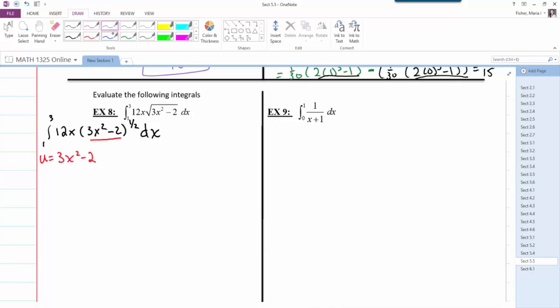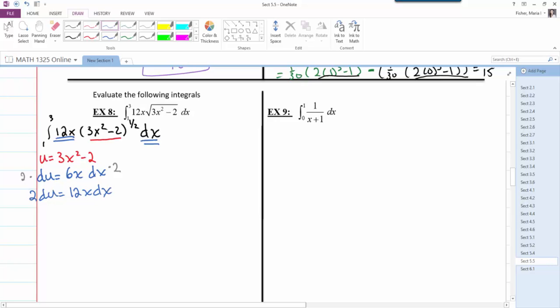And if u is equal to 3x squared minus 2, then my derivative du would equal 6x dx. But I don't have a 6x dx, I have a 12x dx. So to get 12, what I need to do is multiply both sides by 2. So I end up with 2 du is equal to 12x dx. So now changing my limits of integration,